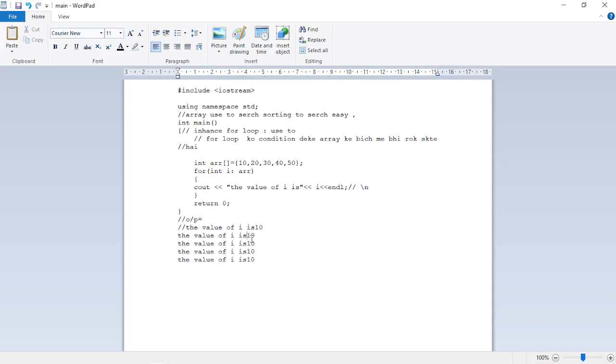and here we are going to 20, 30 and then 40 and in last 50. Okay, so it is our main output. So we will